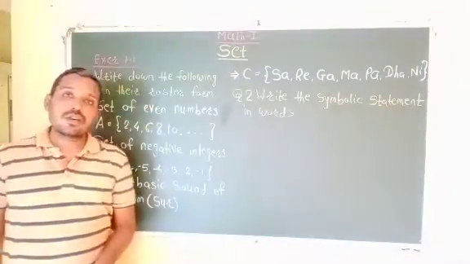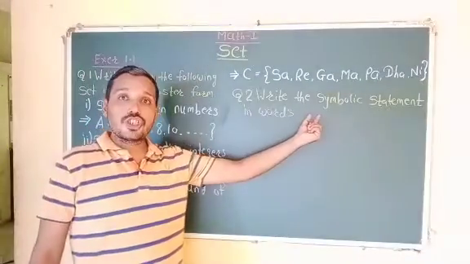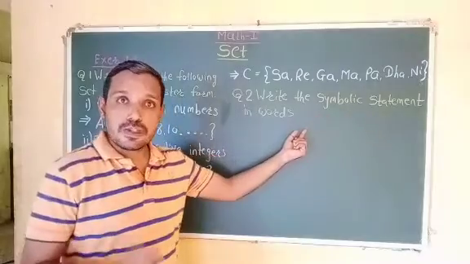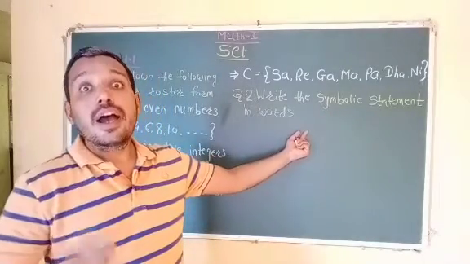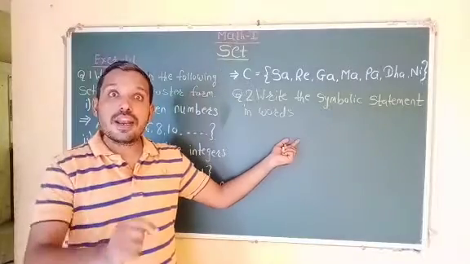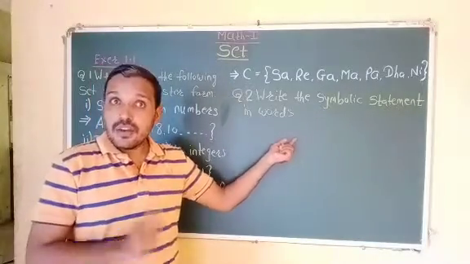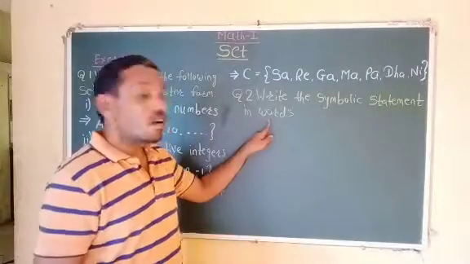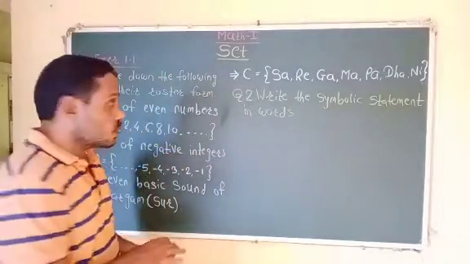That means in that main question, some sub questions are given, and in those sub questions they have given some symbols. We can identify them, and then we can write them down in word form. So the first question is that